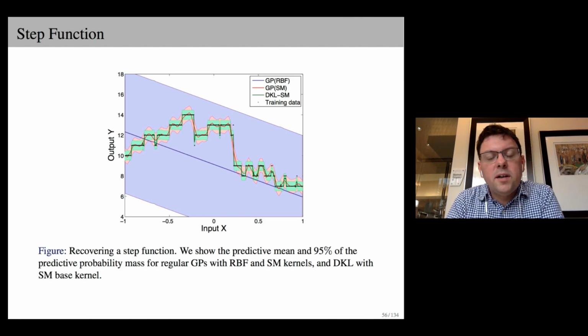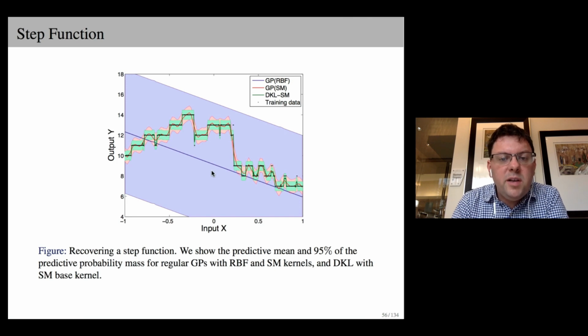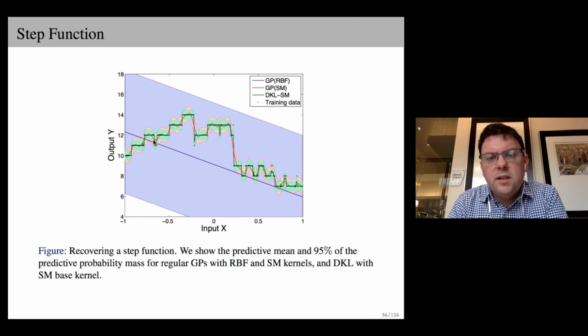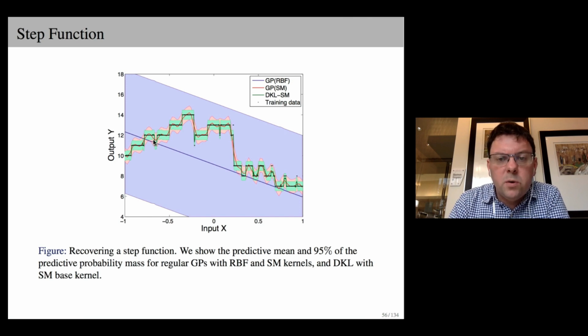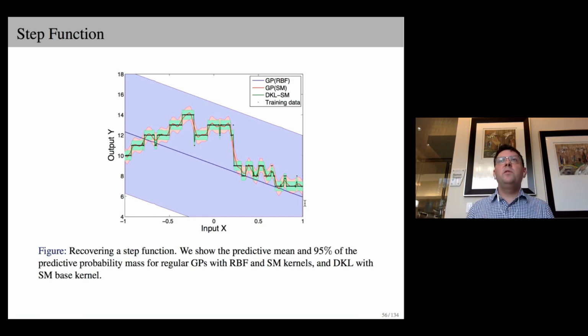In this example, we're considering a discontinuous step function. And we see that a GP with a deep kernel in green here, the green shows the 95% credible set, describes that data very effectively. A GP with a spectral mixture kernel, a different type of kernel, is shown in red. It still fits the data all right, but it sort of over smooths. We see a GP with an RBF kernel fit in blue. From the perspective of a GP with an RBF kernel, even though this is a flexible model,